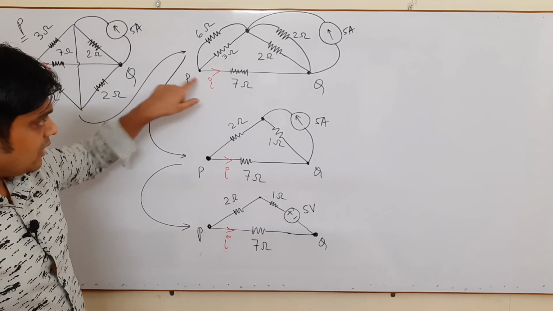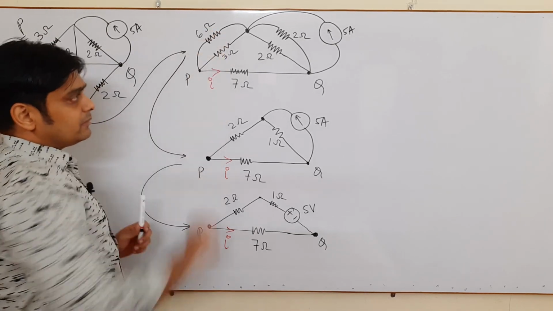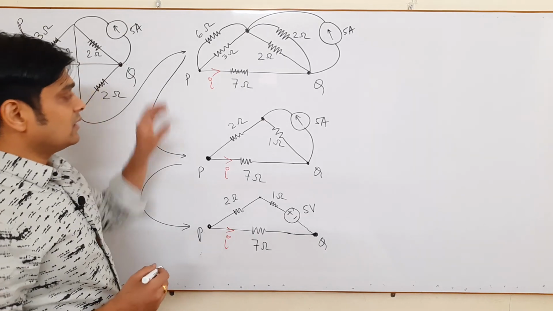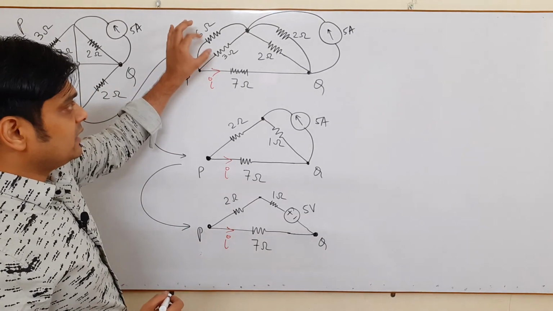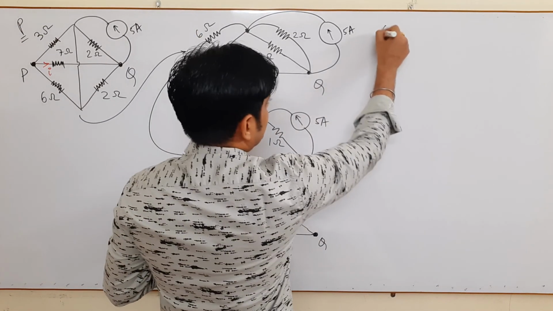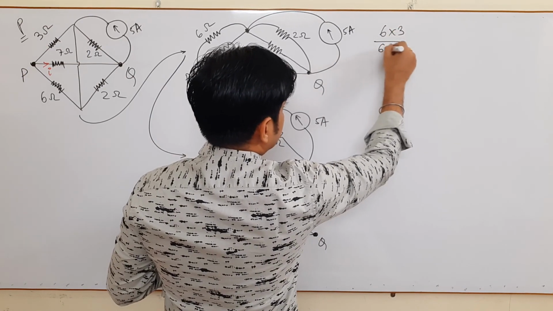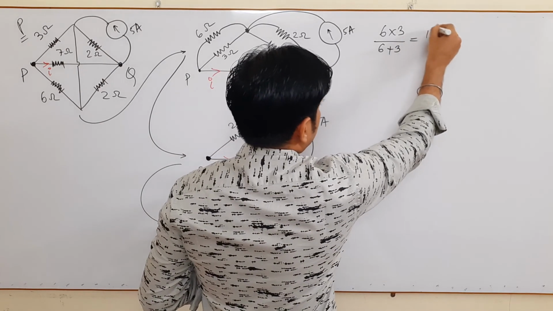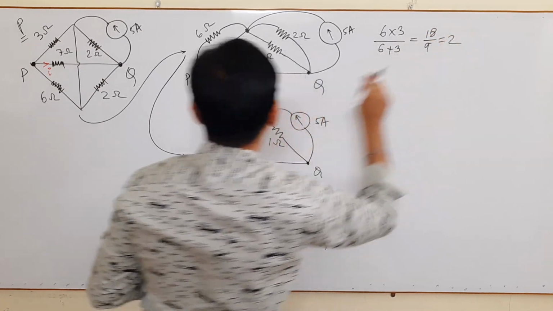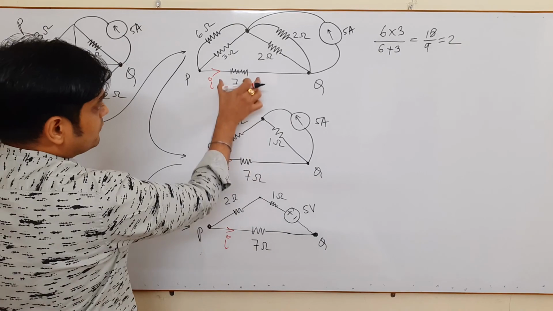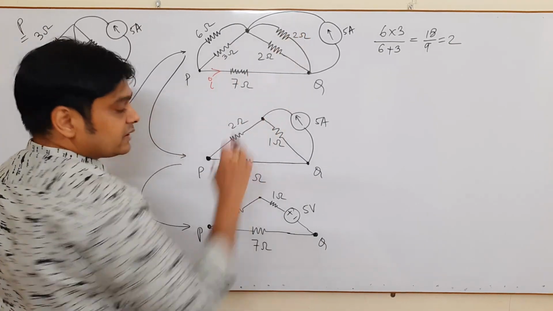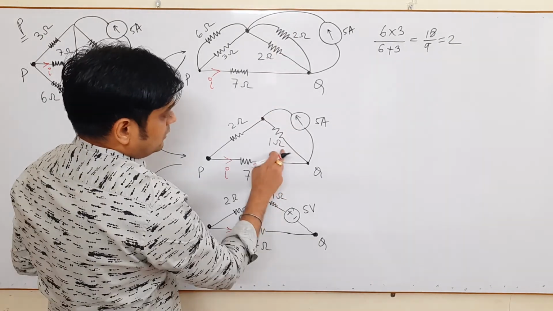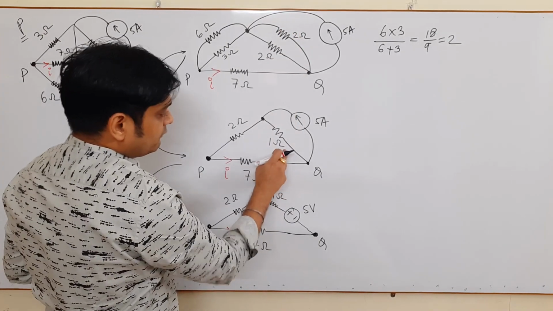Now from here again you see these two resistances are coming in parallel. As I said, to find the equivalent resistance of parallel resistors, multiply these resistances and divide by the sum of these. Just write here, that is 6 into 3 upon 6 plus 3, R1 into R2 upon R1 plus R2. So it is 18 by 9, which comes to be 2 ohm. So the parallel combination comes to be 2 ohm. This is 7 ohm. Again, whenever the resistors are the same and they are connected in parallel, it gets halved. So the parallel combination of 2 ohm and 2 ohm will become 1 ohm.